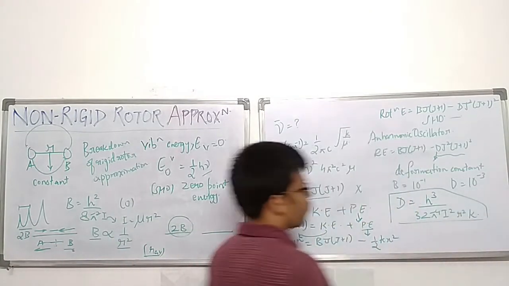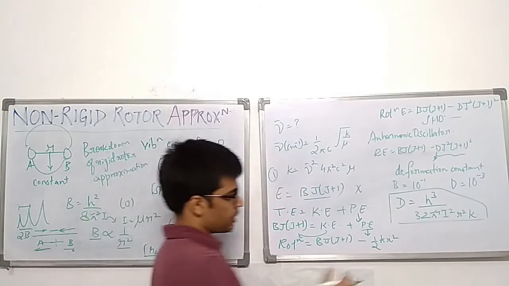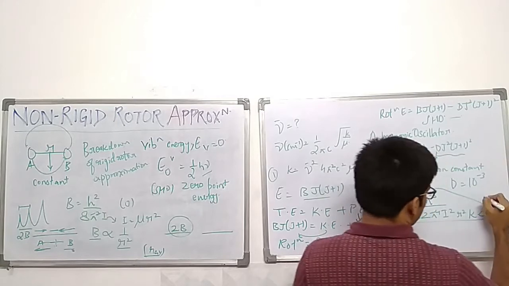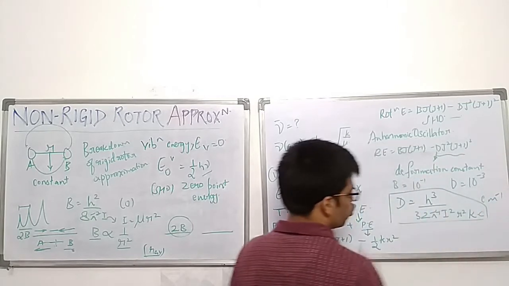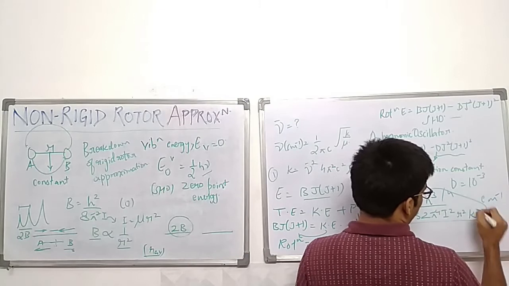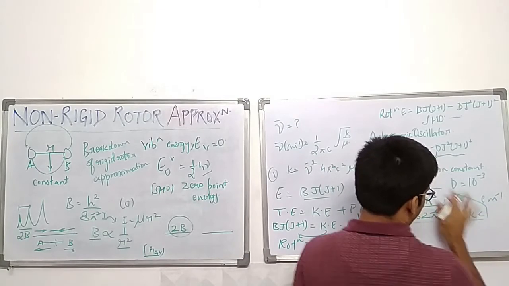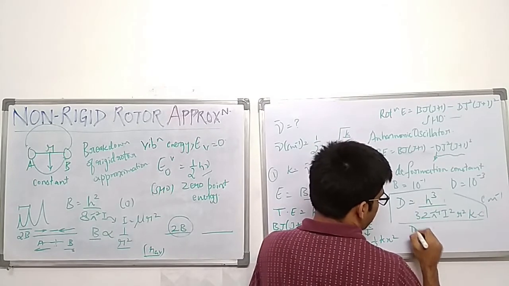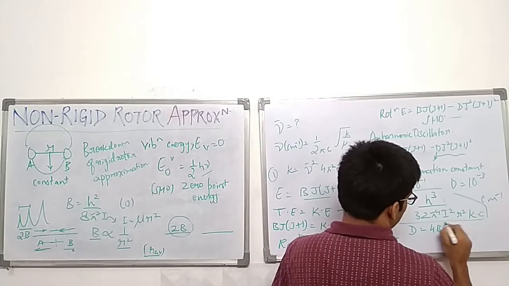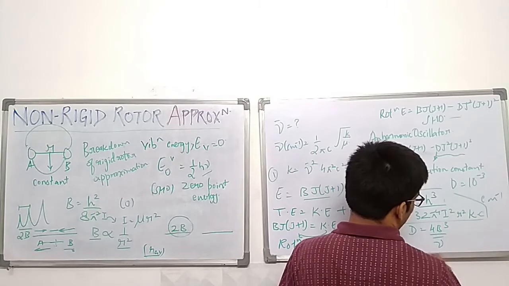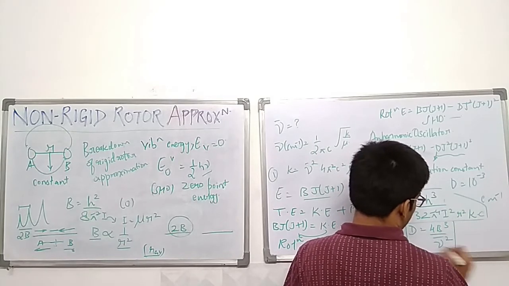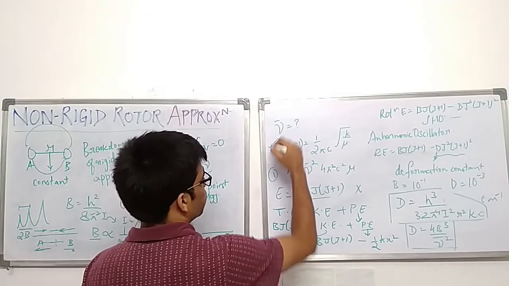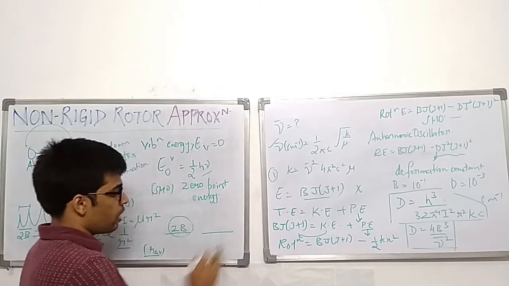You need not worry where the formula came from. Just memorize it. There is a c here. Yeah. So this is in centimeter inverse. If this has to be in joules, this will be to the power 4 and the c will vanish. Okay. Now there can be a relation set up between D and B, which is D equals 4B cube by mu naught square. Okay, and this mu naught is this one.